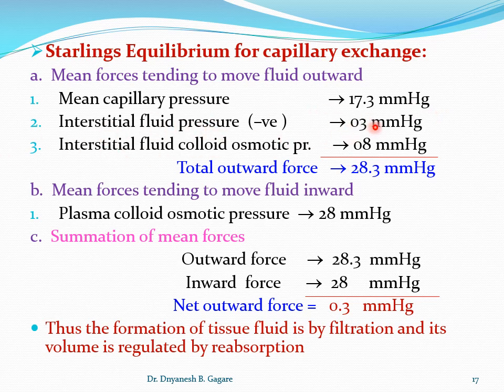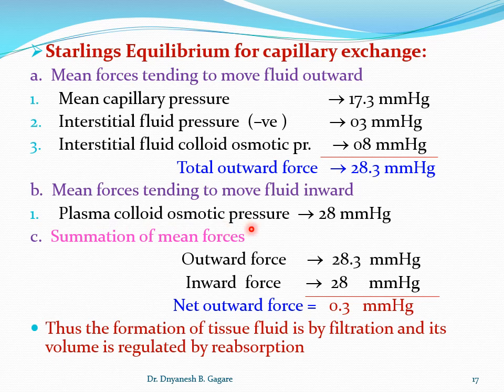Interstitial fluid pressure is 3 millimeter of mercury. Interstitial fluid colloid osmotic pressure is 8 millimeter of mercury. And if we take together the total outward force in the whole capillary, it is 28.3 millimeter of mercury. Then the mean forces tending to move the fluid inward,